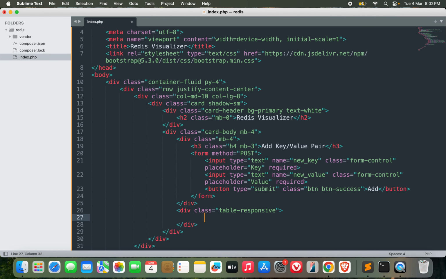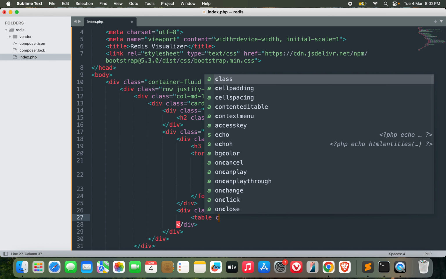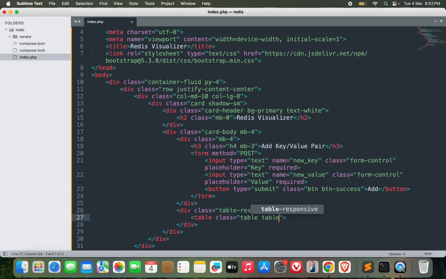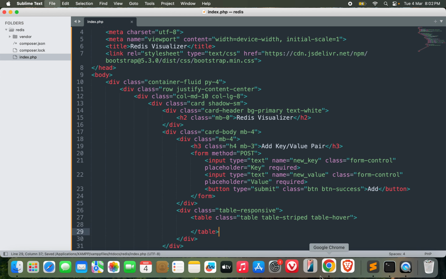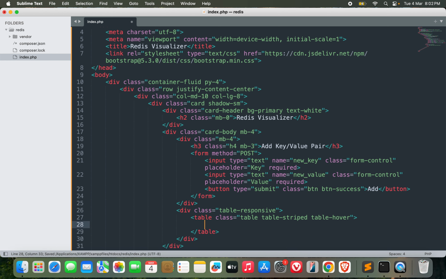Because we don't have a table, we won't see any difference yet. Class equals table, table striped, table bordered. Okay, let's go with table hover. Perfect. And inside table,